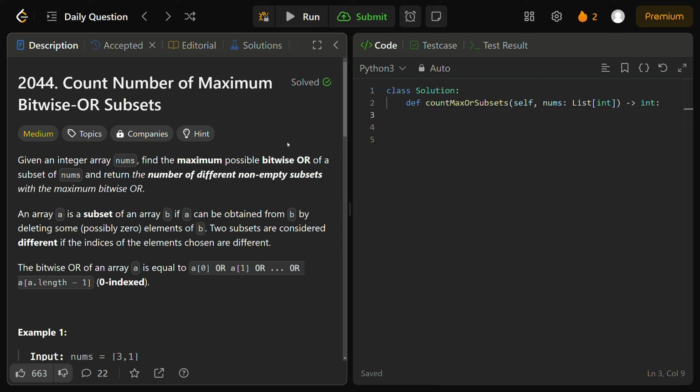So for our global variables, we're going to have a max OR, which ultimately stores the maximum OR from all possible elements combined, and we'll have a count to track how many subsets actually have the same OR value as max OR. So the way this algorithm is going to be structured, we're going to calculate the max OR, which is the OR of all elements together to get the maximum OR possible,